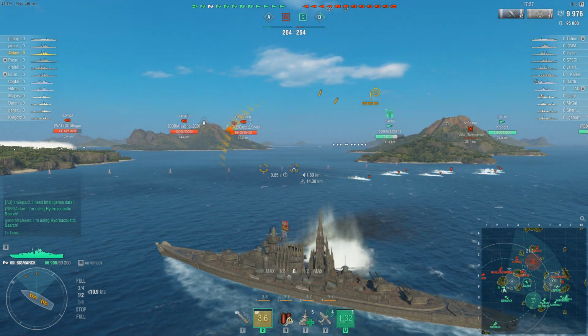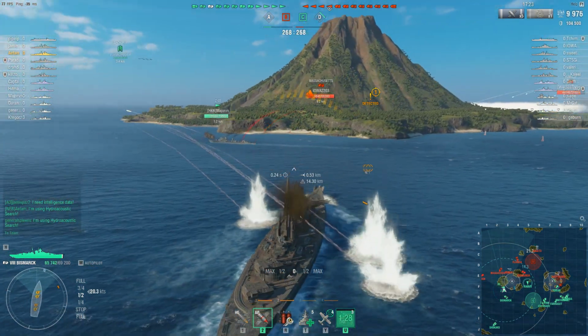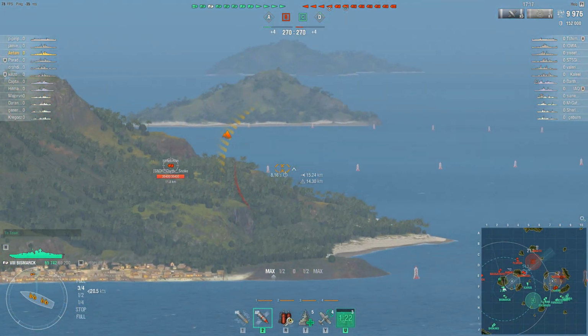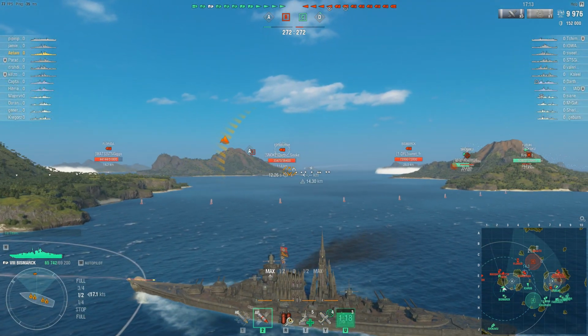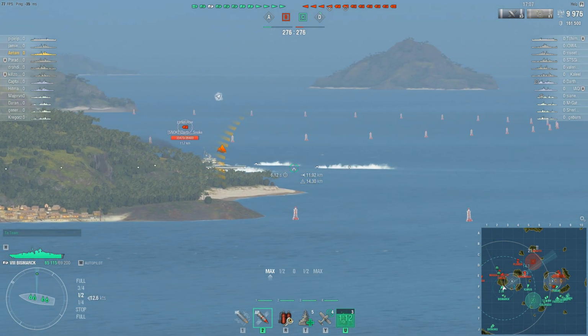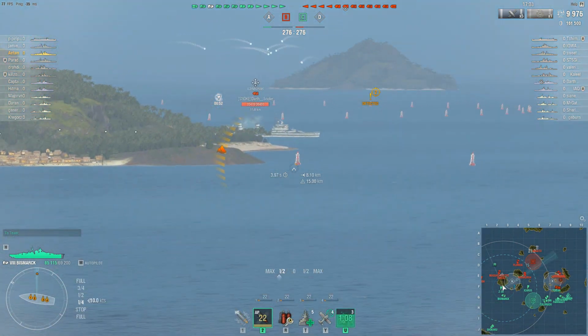There are some torps coming this way. I've got a Hydro going, and it looks like there is a Minsk going on the left side. Also looks like there is an Edinburgh slowly creeping up this way. I have my secondaries on the Minsk. The Minsk is still outside of range, but I'm hoping he gets closer. I'm hoping to get some citadels there into the Edinburgh. And,